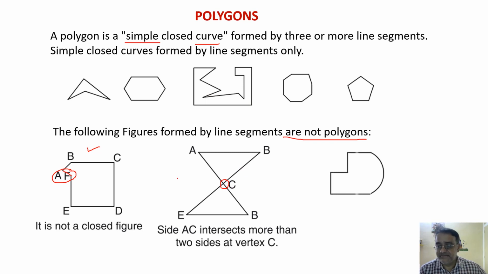Okay, one more. What about this one? This figure is not made up of line segments. See this part. This is not line segments. अगर यहाँ पे हम लोग line segment लेते हैं, suppose if I take a line segment in place of this part, ये part हटा के अगर line segment से मैं join करता, then ये polygon हो जाता. Okay. So now we are moving toward the next topic,